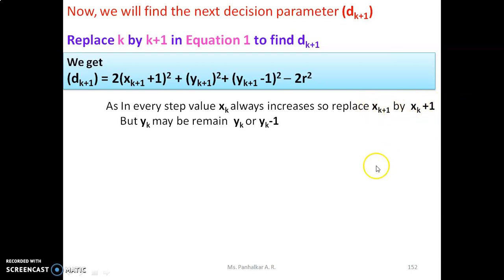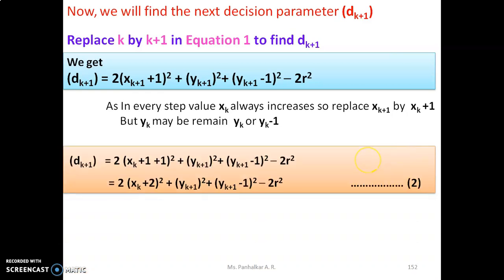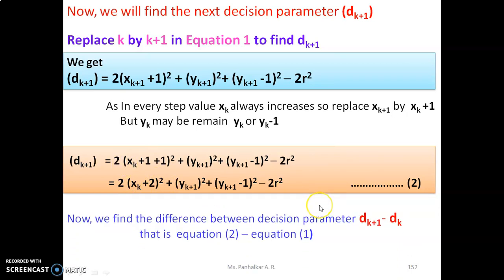So let us replace xk plus 1 by xk plus 1, and we keep the yk plus 1 term as it is, because we don't know whether it will become yk or yk minus 1. So this equation becomes (xk plus 2) square. We will call it equation 2. Now there is a need to find the difference dk plus 1 minus dk, because we want to derive the actual equation for dk plus 1. For that